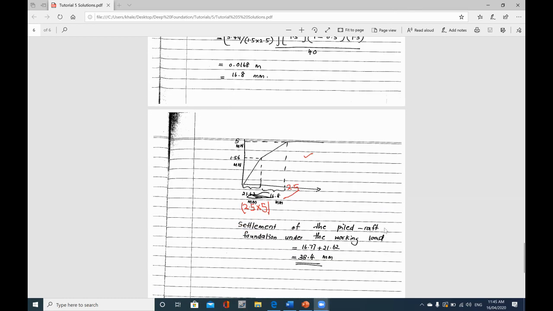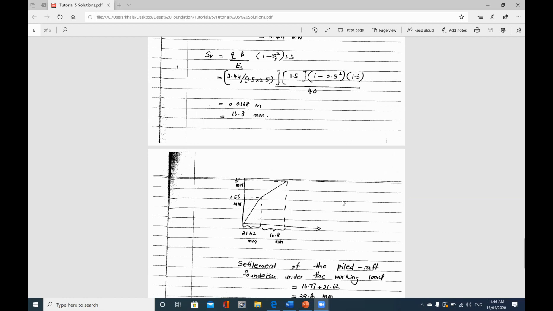And then for the two groups here, I just need to clear this one. Okay, so we clear this one now, and we close this one. Okay, so the settlement of the pile raft systems,